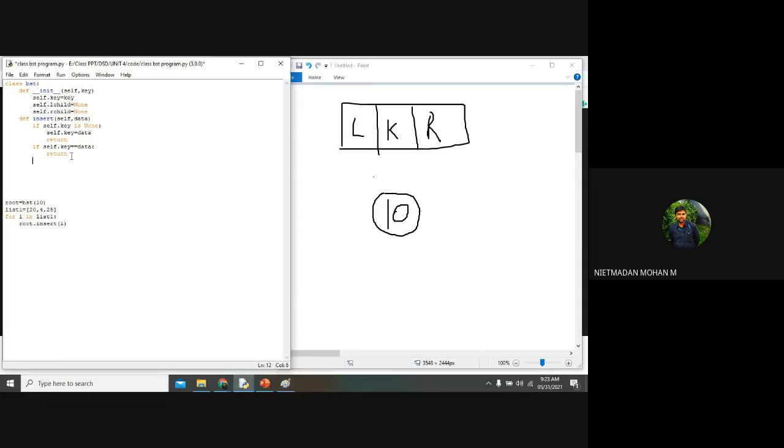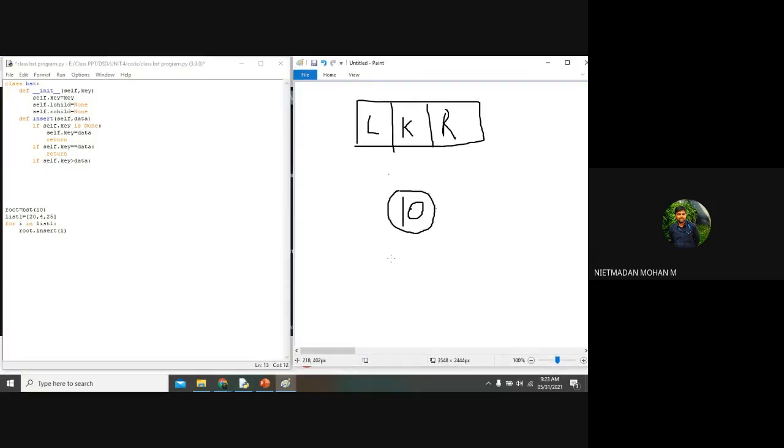So what is the next condition now? Greater than. So if self.key is greater than data, then what do I want to do? Right side. Yes. Here you can see there is no self.child, right?